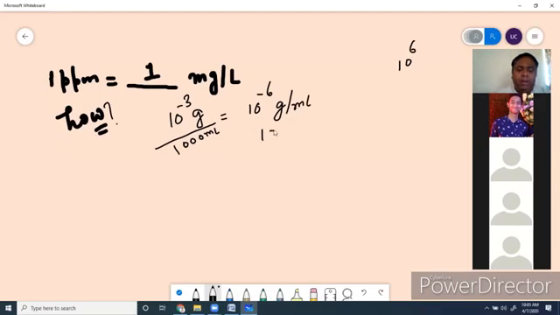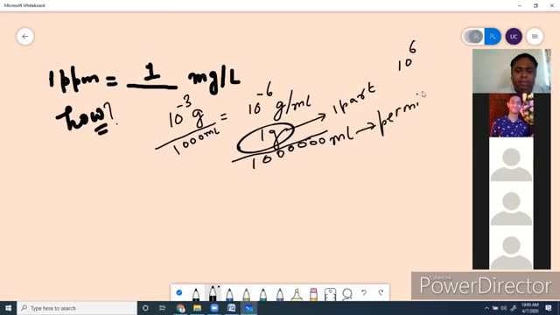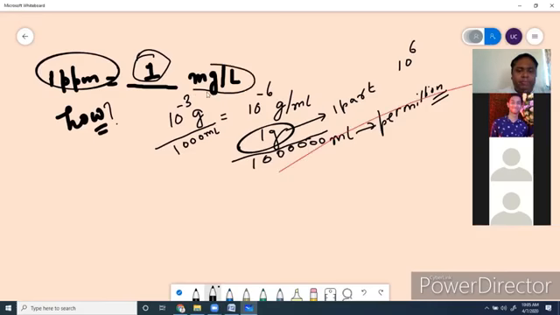That means 1 gram in every 1 followed by 6 zeros ml. So this is 1 part per million. So to remember the unit 1 ppm, to convert that, we can remember that 1 ppm is nothing but 1 milligram per liter. All right, 1 milligram per liter. Now, why is this required to understand? It is required to be understood because somewhere in the question,